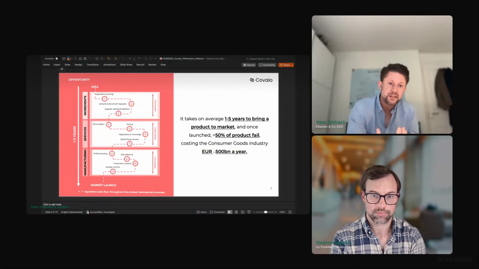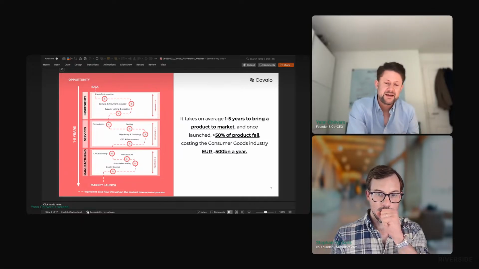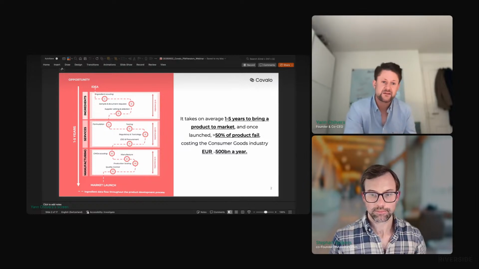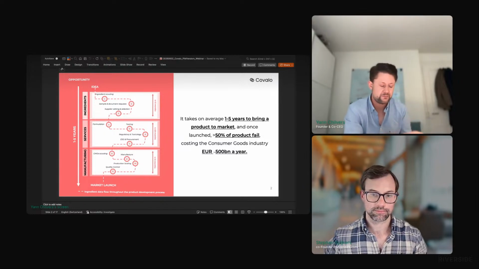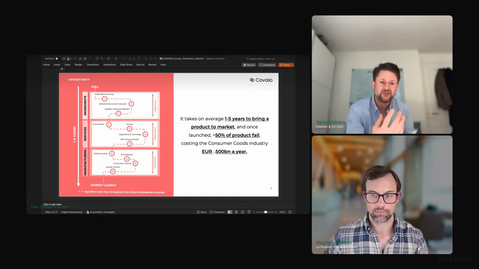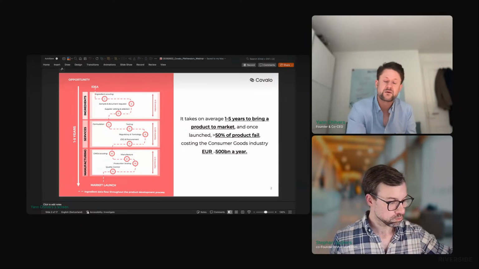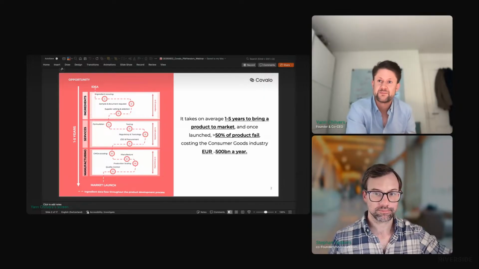So it takes today anything between 1 and 5 years to bring a product to market from scratch. And here you see a bit the process, from suppliers who start by creating ingredients that tend to be distributed by distributors. And then those ingredients are being scouted and qualified by the different brands. You have all the formulation, testing, manufacturing processes. And it's a very long process until the product hits the market.